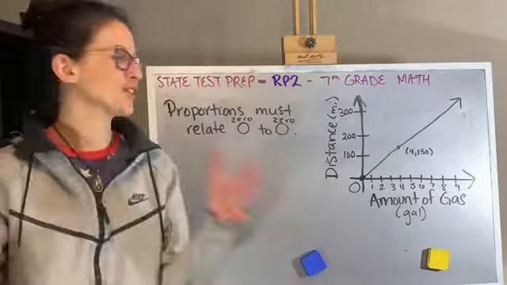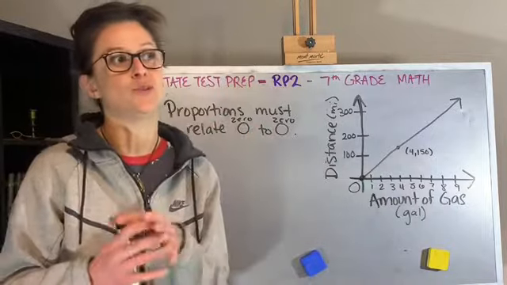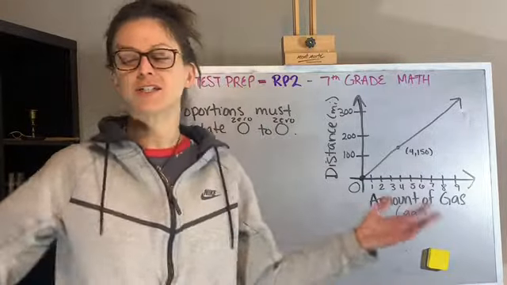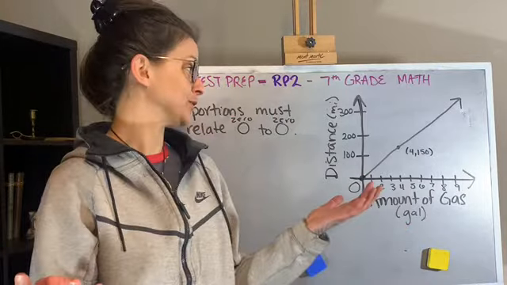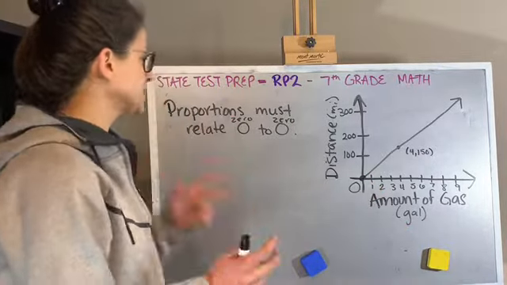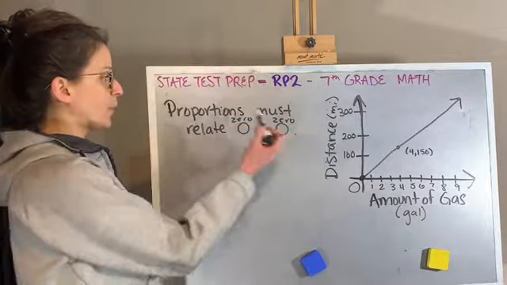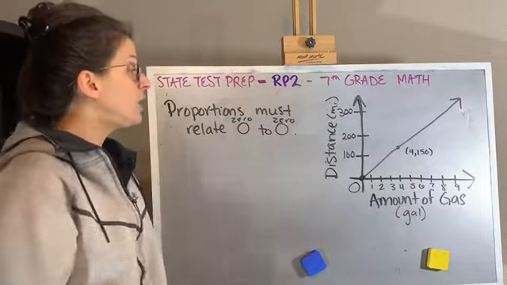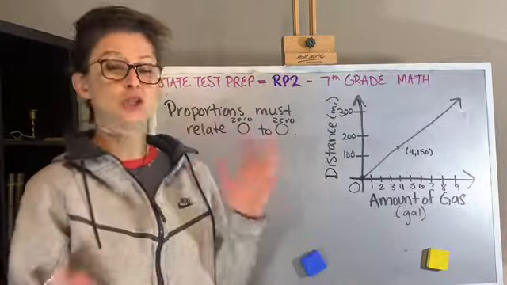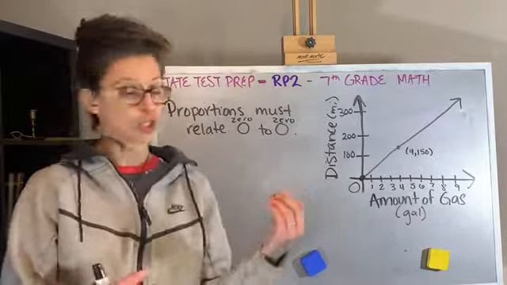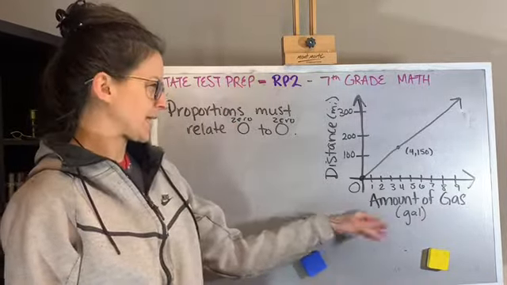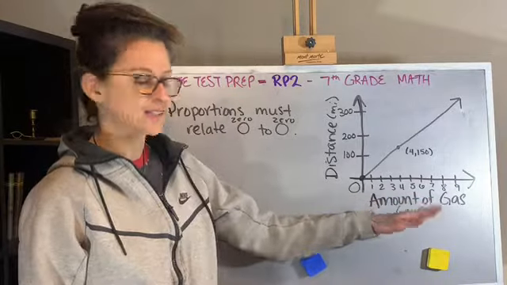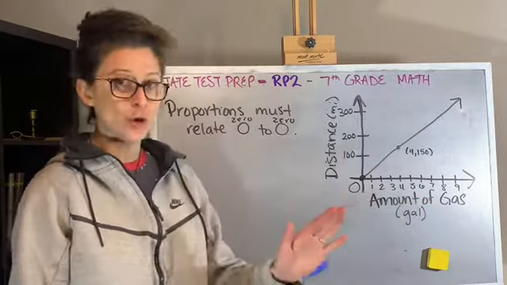I'm excited to start looking at graphs as a way to see the numbers that are around us in the world. So in this case, I just want to remind you that proportions must relate 0 to 0. So for a relationship between two quantities to be proportional, we need to be sure that they relate 0 to 0. So in this case, if I've used no gas, it means that I've driven no miles, and that's a